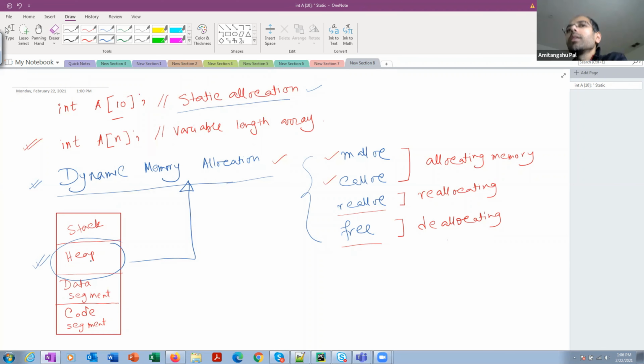All right, so let's move to the terminal and learn the syntax of malloc, calloc, realloc, and free, and then we are going to come and discuss some other details.